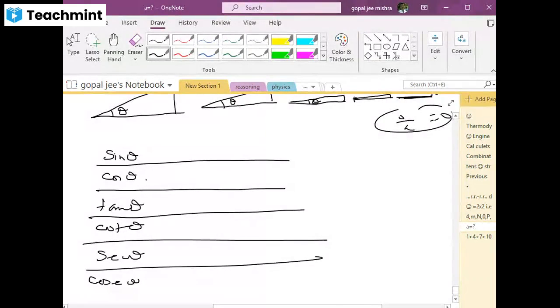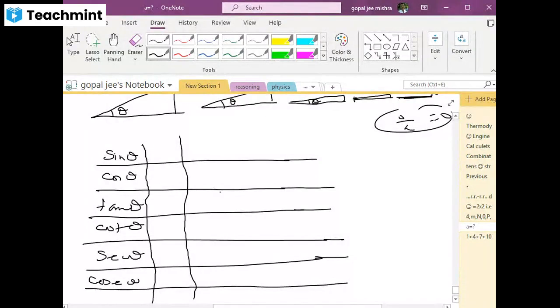Now there must be a question in your mind about what standard values we have to keep in mind. Beta, in class 10th you have to remember the values at 0 degree, 30 degree, 45 degree, 60 degree and 90 degree. In class 11th and 12th, apart from these, you have to remember some more values like 22 and a half and 75 degree. But that is a matter for higher classes. Here we will do what is required.